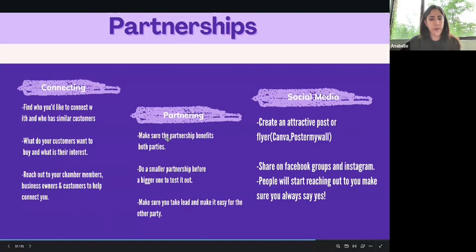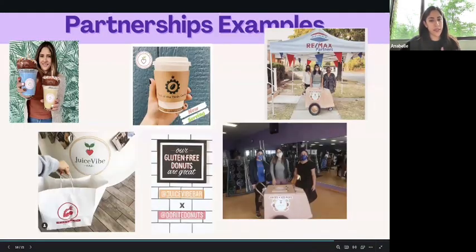Here are some examples of partnerships that I've had with my personal business. I own a juice bar, and some of the longer standing business partnerships were like the coffee. We had Back of the House Coffee for a few years. And then we also partnered with Eat Clean Chicago. We had the gluten-free donuts. So those are the longer partnerships, where at first we tested it out and people were like, yes, we do like this product together. So we started carrying it at the juice bar.